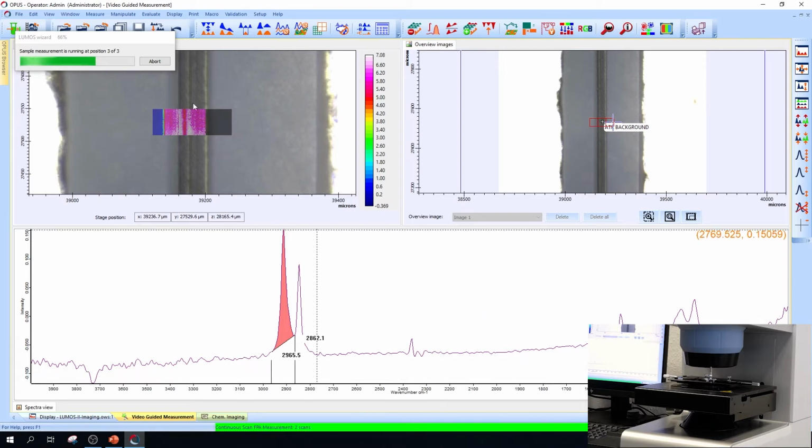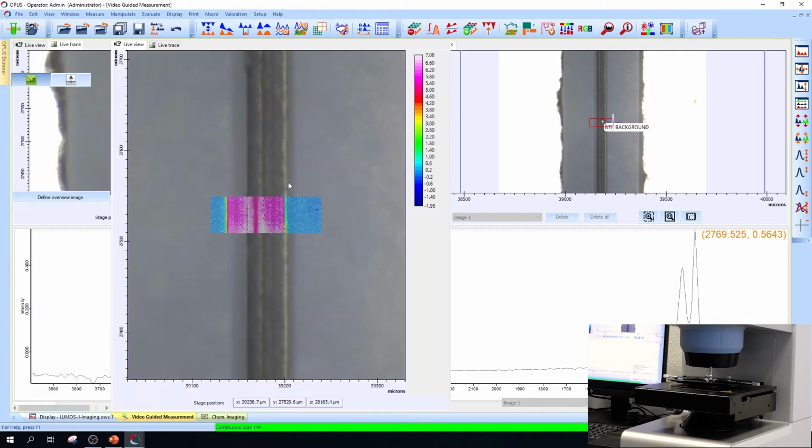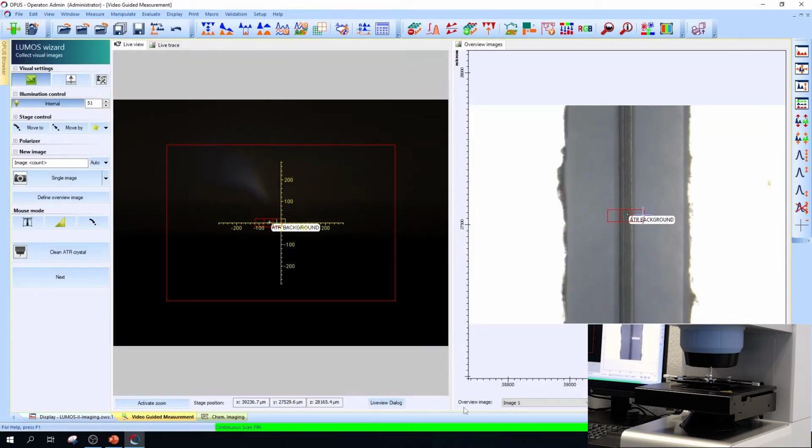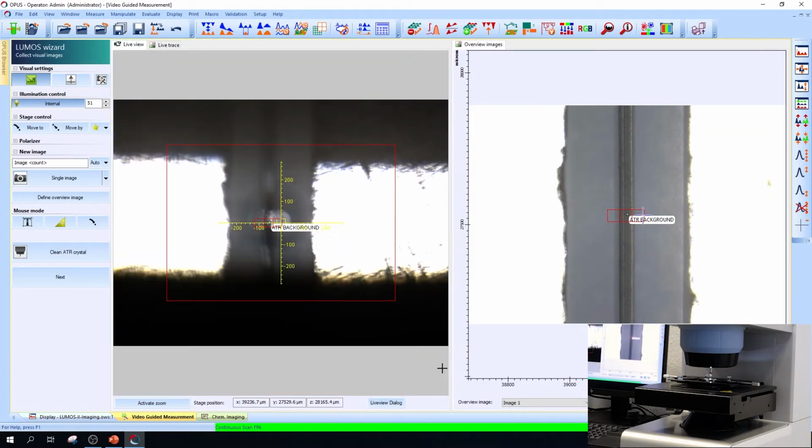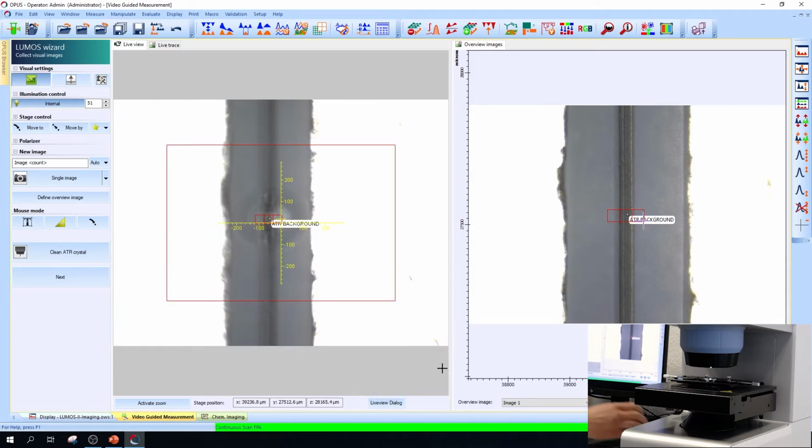So you see that now here we get immediately the visual in the IR image, which is really matching in this case. And then we also will get now, after the third measurement position, the complete FPA imaging has been finished. Afterwards, the crystal will move back to its housing to make the beam path free for another visual image after the measurement.